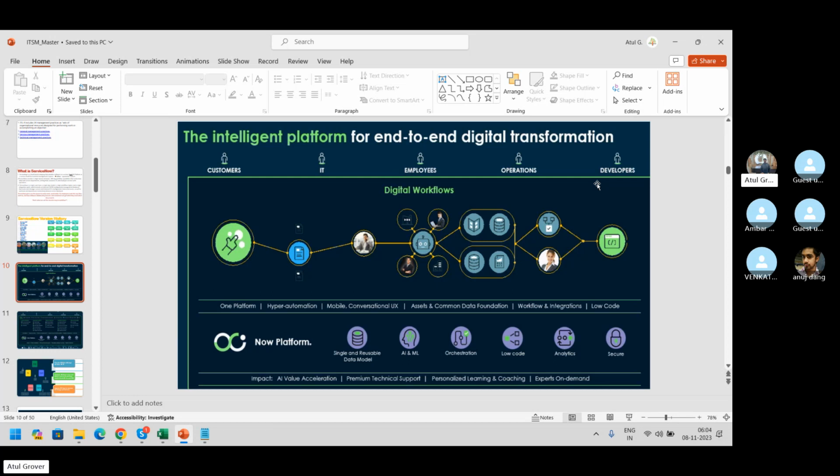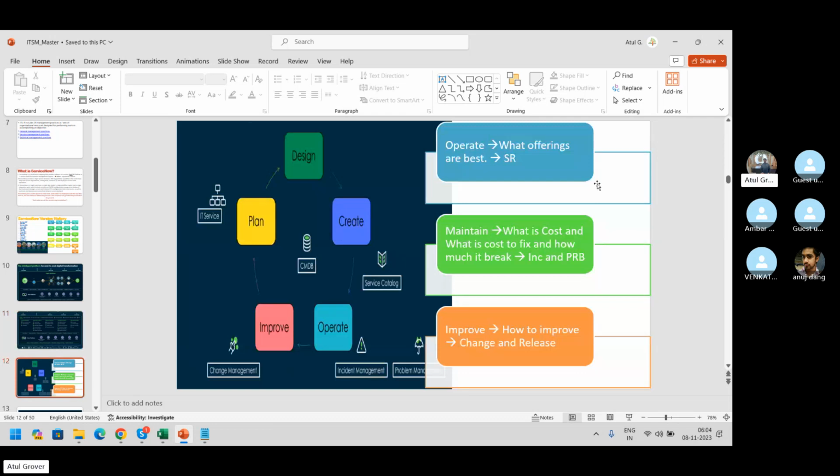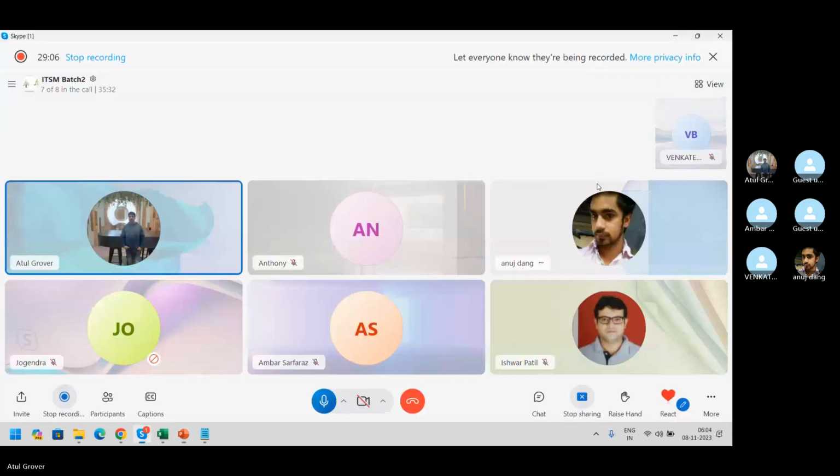Now tell me one thing. Don't read the slide, just tell me one thing. What are the challenges an IT company faces? Yeah, the single source of trustable data.